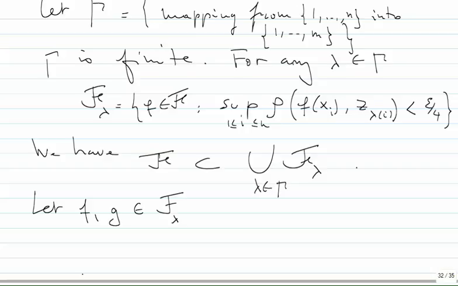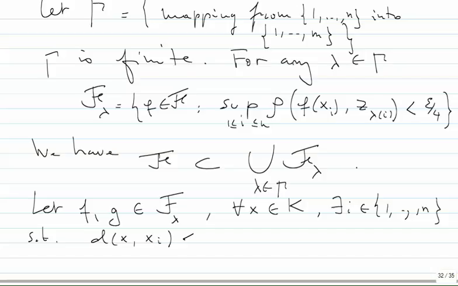So here, for every x in K, there exists an i in 1 to n such that the distance from x to x_i is less than delta. Okay,